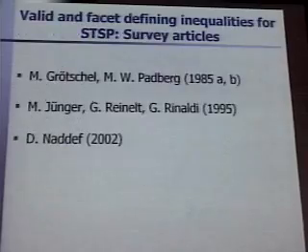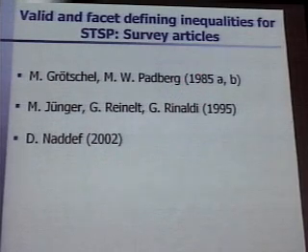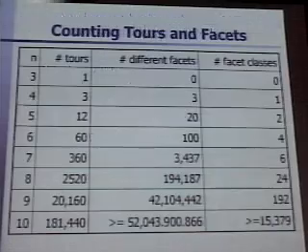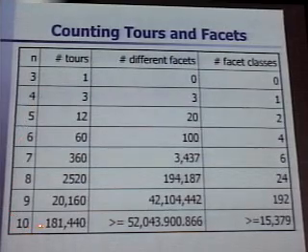Nevertheless, there are wonderful surveys about the progress every 10 years or so. There's a huge body of literature coming up on this that you can look up. Just to give you some numbers: the number of tours for 3, 4, 5, and 10 has 181,000, and we already know